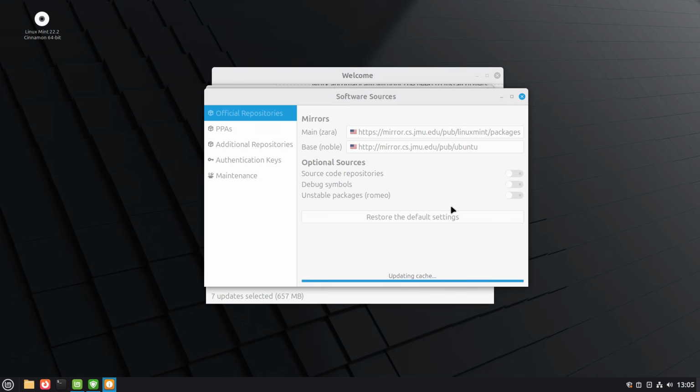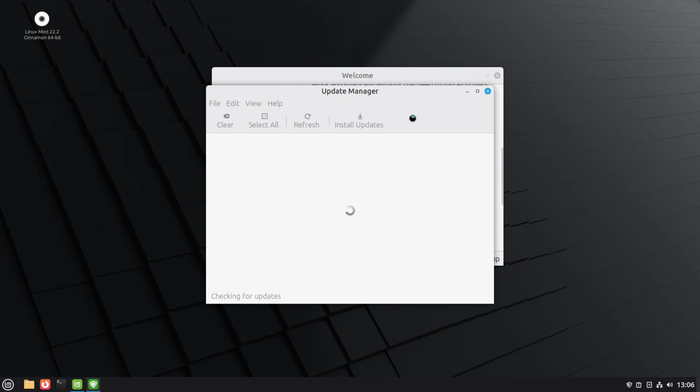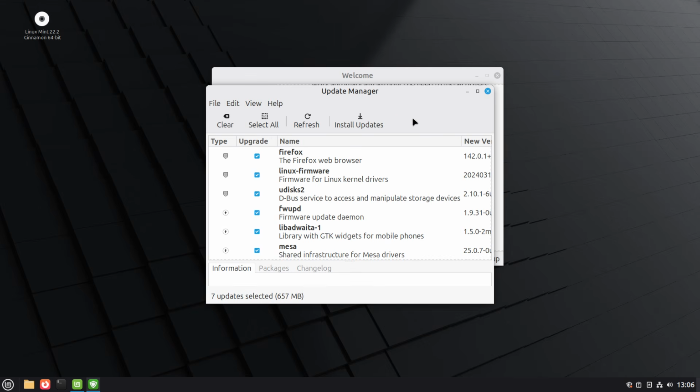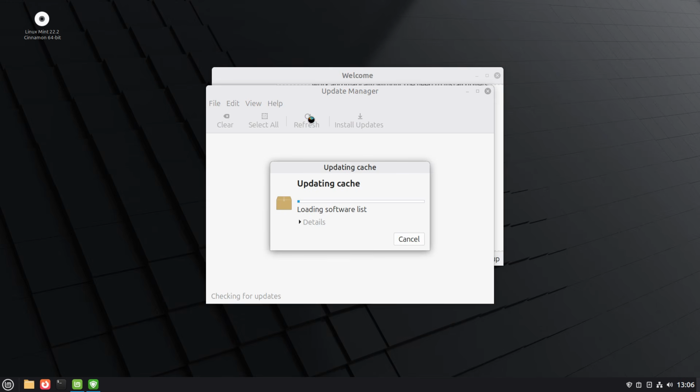That will go out and reload the system. I found out just the other day, I didn't know this, that Old Dominion University in Norfolk, Virginia, has mirrors for Ubuntu. And I have lots of Ubuntu systems running around, and I was able to change the mirrors to Old Dominion, which is literally right across the river from me, and it's less than 2, maybe 3 miles away as the crow flies. So that's pretty cool. Alright, so let's go ahead and install all our updates and make sure that they're in